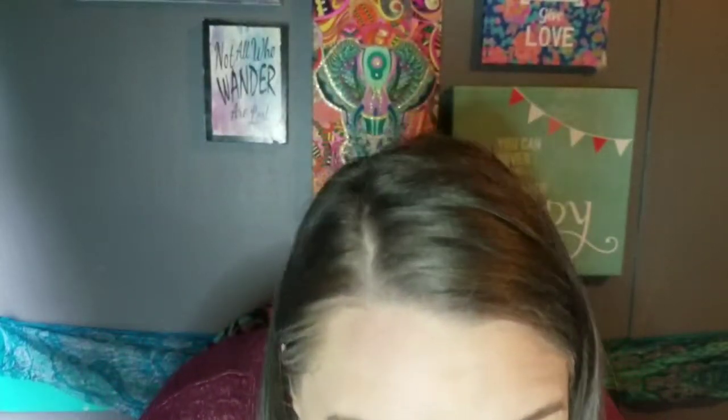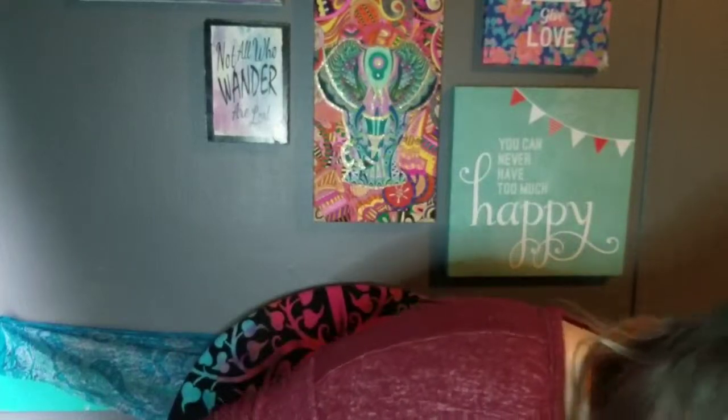I don't feel like this is a good color for me. So maybe I will use that on top of something. So instead, because I know that I like it,